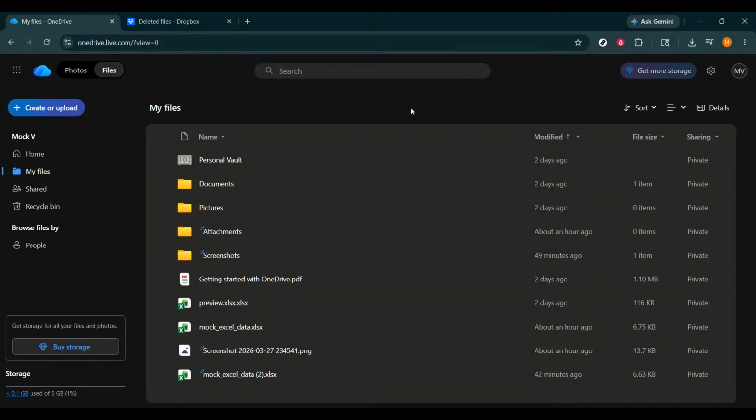If you've ever accidentally deleted photos from OneDrive, don't panic. In this video, I'm going to show you exactly how to recover deleted photos in OneDrive step by step, and I'll also explain an important limitation you need to know before it's too late. This is a quick and easy process, and if you follow along carefully, you can restore your photos in just